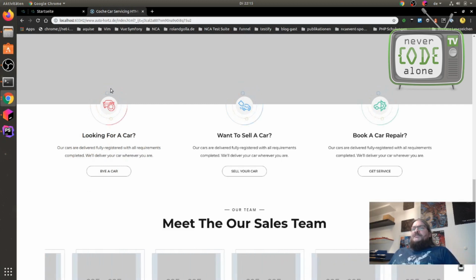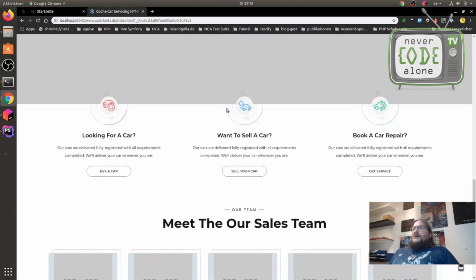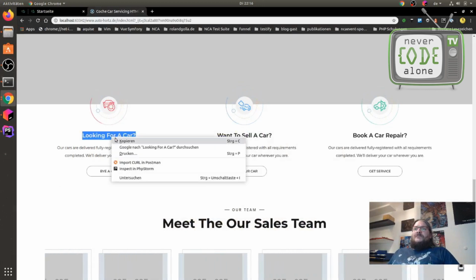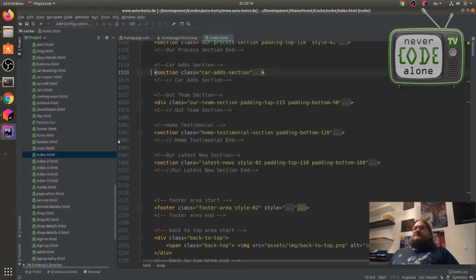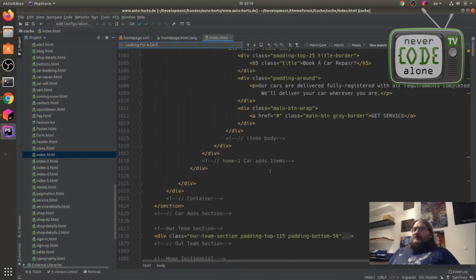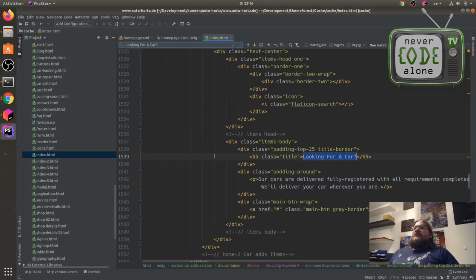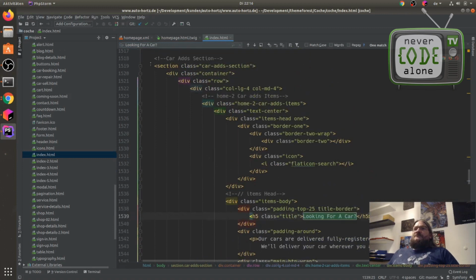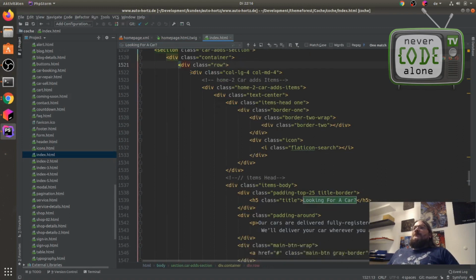So we have this select option of this car. We have a headline, a description, and a link. Let's check the details for this element. We have here our index HTML file, and there is a text we want to find. It's looking for the car, and now we see here the selection. We have a selection with a container and a row, and in this row there are car items,